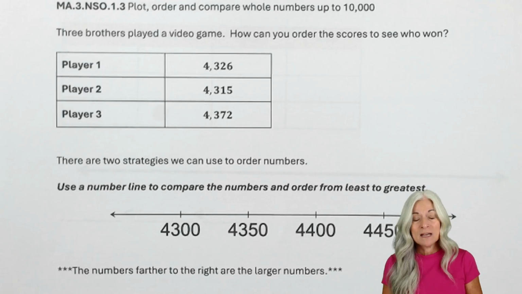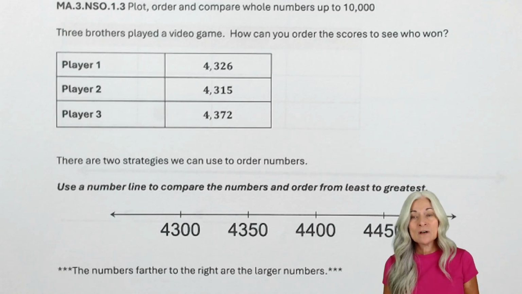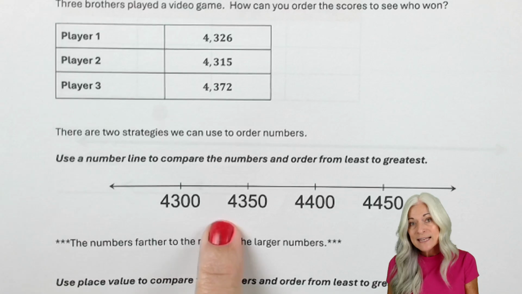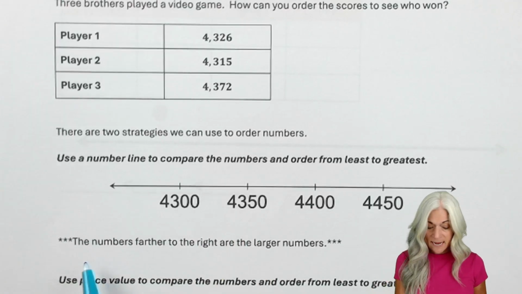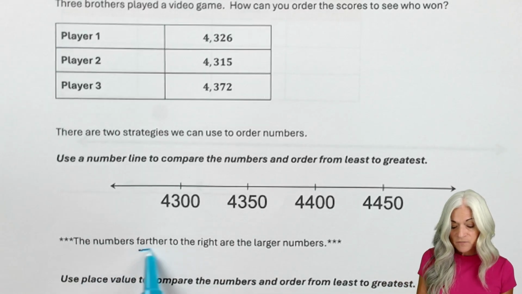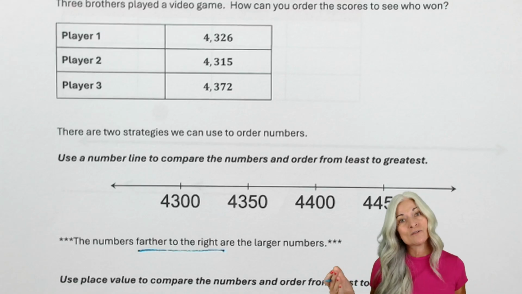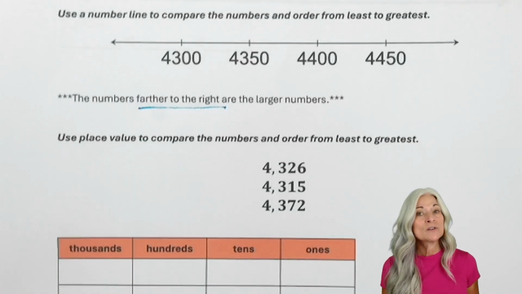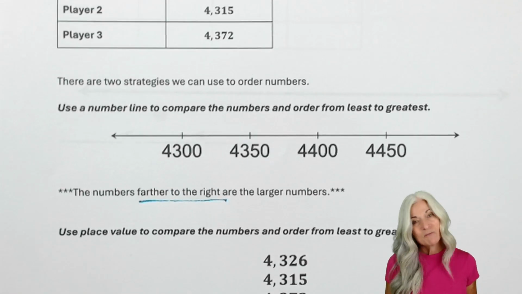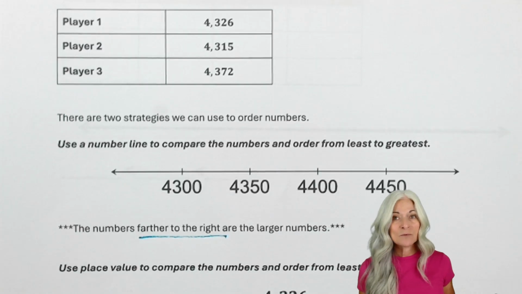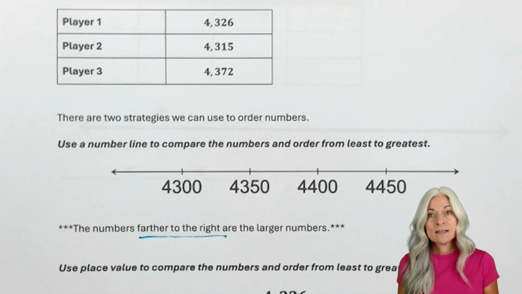So we open up with an example, like three brothers playing a video game. How can you order the scores to see who won? Just like we talked about yesterday, there's two ways. We can use a number line to compare the numbers and order them from least to greatest because, as we noted yesterday, the numbers farther to the right are the larger numbers. And then we can also use place value to compare the numbers. So if we're comparing these three numbers using a number line, we have